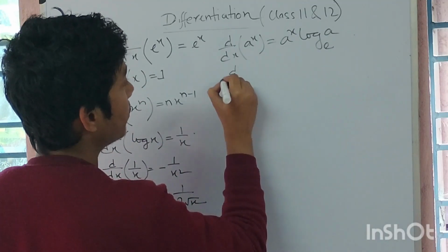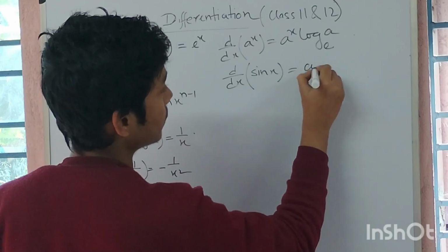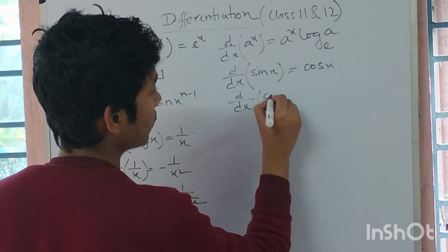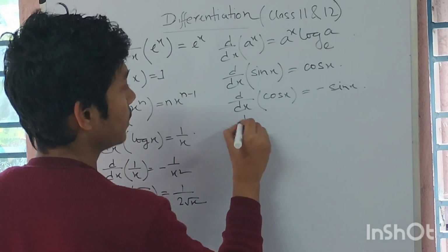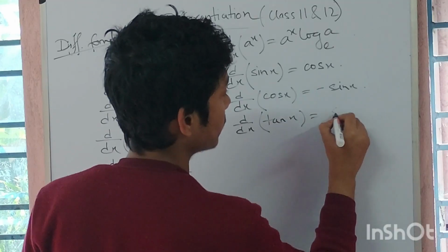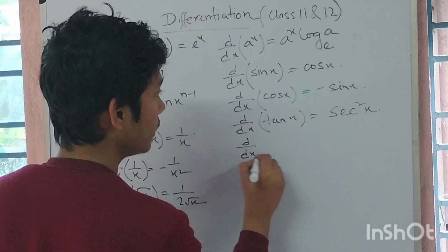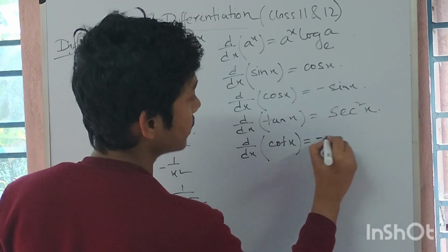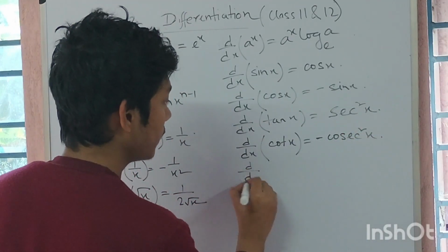Okay, d by dx of sin x is cos x, d by dx of cos x is minus sin x, d by dx of tan x is sec square x, d by dx of cot x is minus cosec square x,